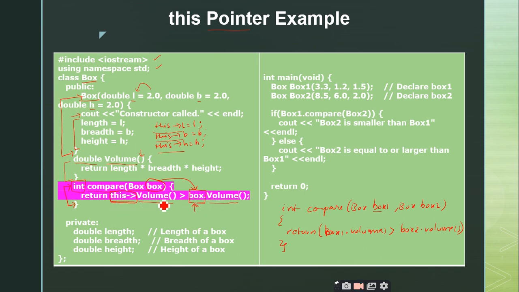So the volume function of the current object is invoked by this pointer. So this is how we can make use of this pointer to invoke the functions of the current object. Current object means whatever object is invoking the function, that is taken as the current object, right?